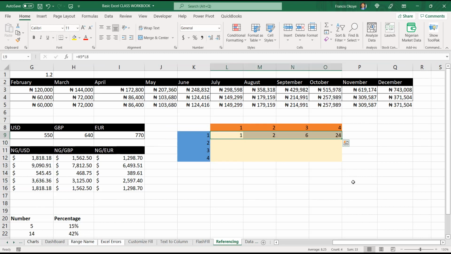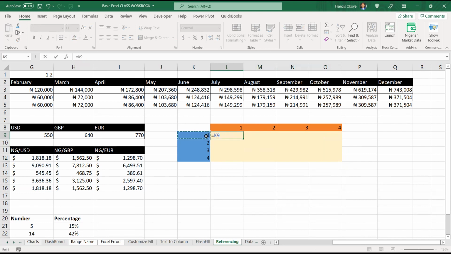So if I drag like this, is this correct? No, sir. No, it isn't. So we see that, okay, 1 times 1. Sometimes when this gives this problem, what you can do is click here, come to the function bar, equal to 1 times.